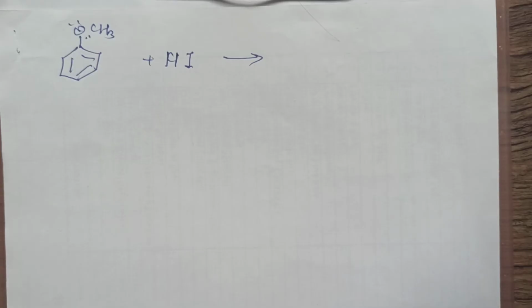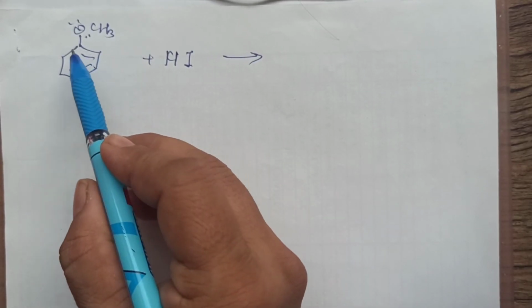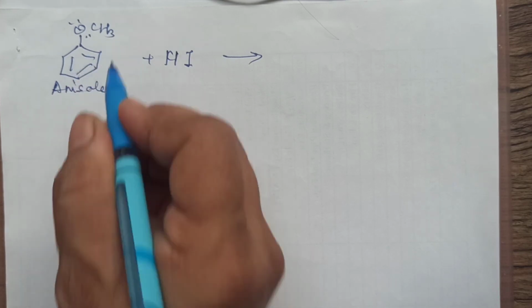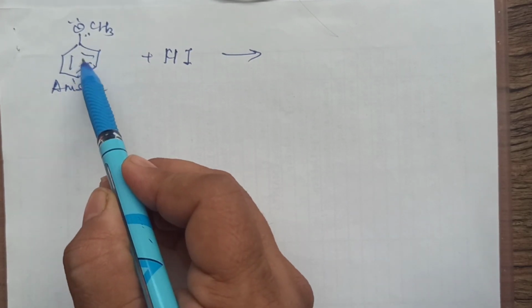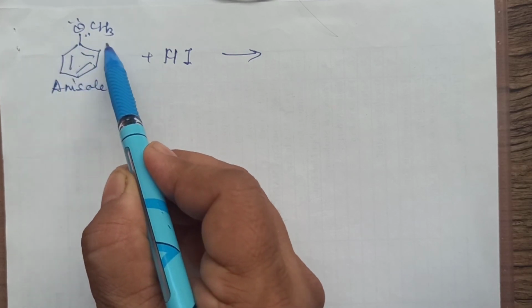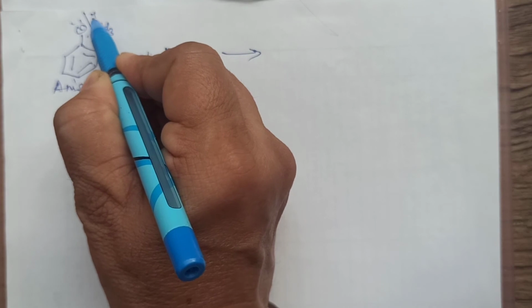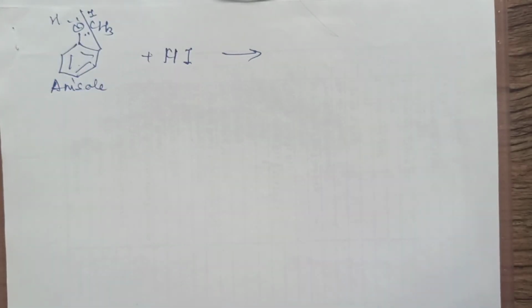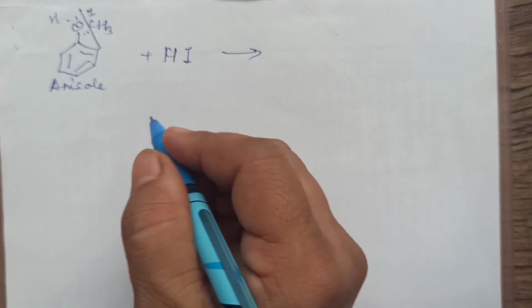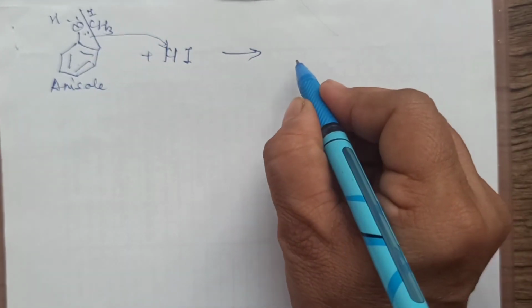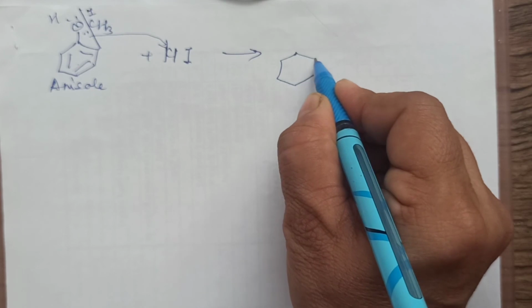Now suppose you have this ether which is treated by HI, that means it is anisole, also called methoxybenzene. Already we have discussed, whenever the ring is attached to O, this bond will never break. Always the bond will break from here, meaning you will get I here and H here. Why? Otherwise also you can see there is a lone pair. The lone pair will attack this. It will form a ring here.